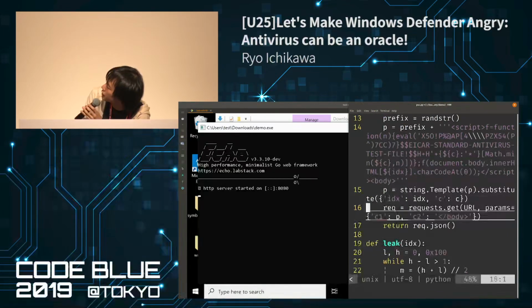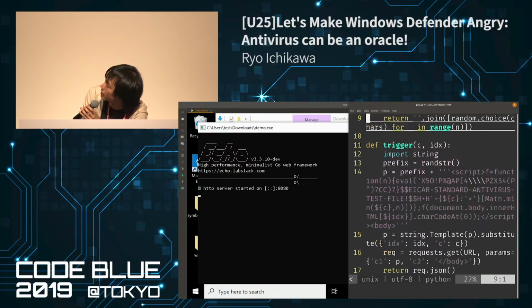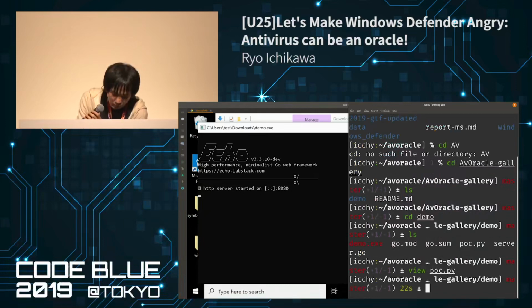This is just extracting secret parts by querying times. Okay, you can see this window.